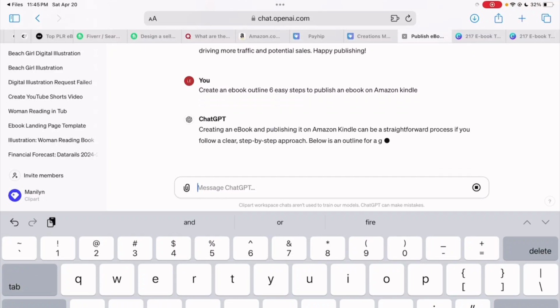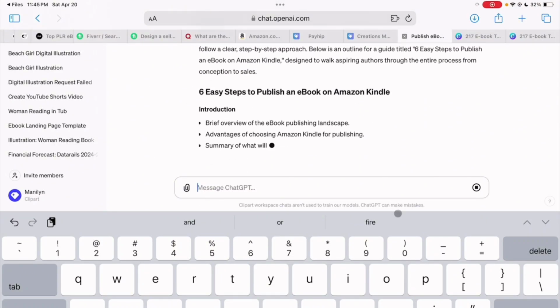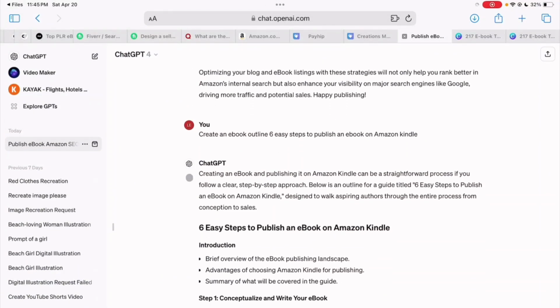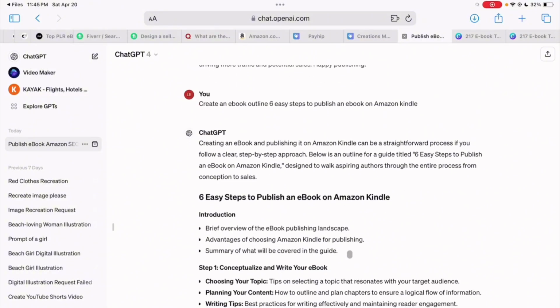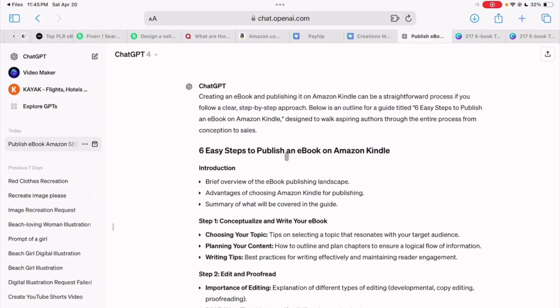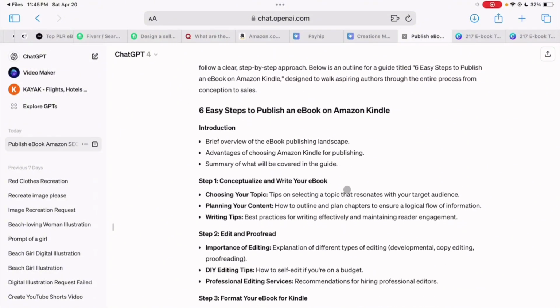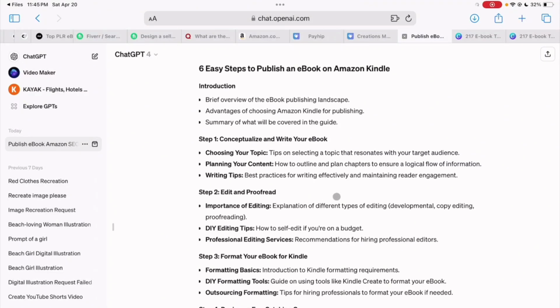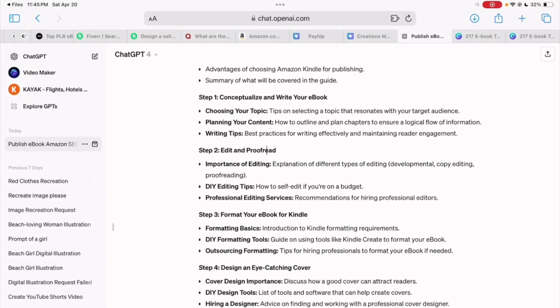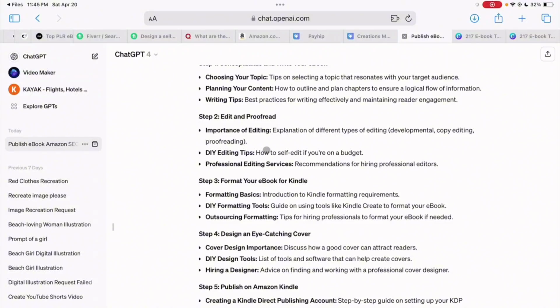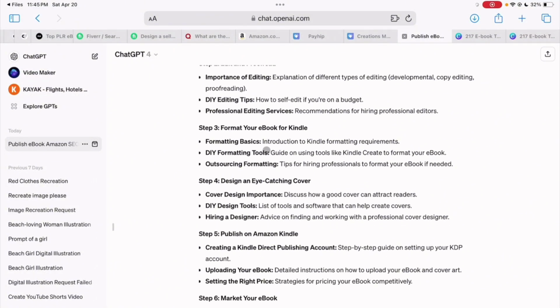So now we're going to search. We're going to use ChatGPT and then we're going to see what it writes, right? So it's going to create an outline. And from here, you want to expand upon your outline. Obviously, you want to check to make sure it's right. So that's why you want to create ebooks on topics that you actually know about